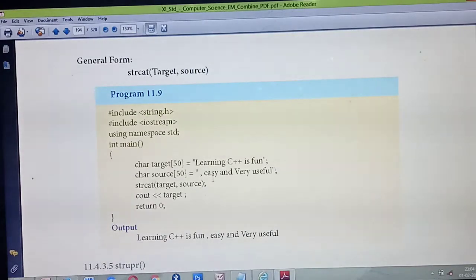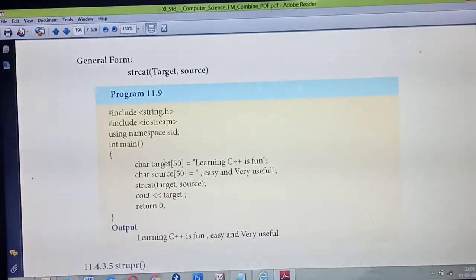So you are giving the string, that is, the sentence you are giving in the variable target: "Learning C++ is fun", isn't it? So this sentence you are giving in the target, isn't it? Now you are going to add next. Whatever you are giving in the source is going to be added with which one? Target, or appended. That means adding at the end of the paragraph or end of the line.